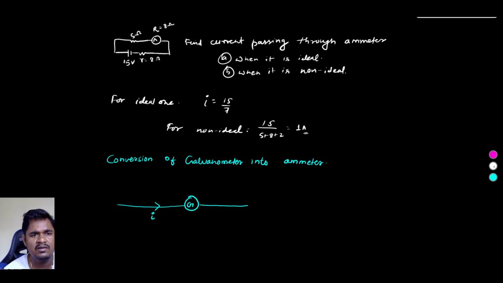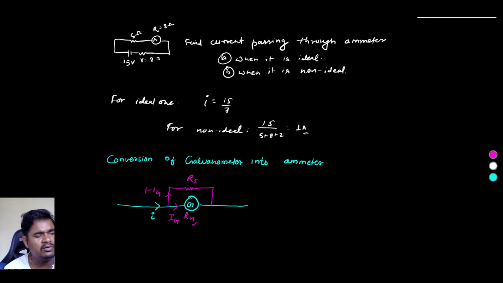Yes, there is the risk of damaging these devices. So what to do? For that, I will connect a shunt resistor in parallel to this one, and the shunt resistor value must be much smaller than the galvanometer resistance. Because of that, most of the current will pass through the shunt resistor, and the current through the galvanometer will be Ig only, which is under its rated value, and the remaining current, I minus Ig, will pass through the shunt resistor. So when a small current is passing through the galvanometer coil, it will not get damaged, and now we can use it